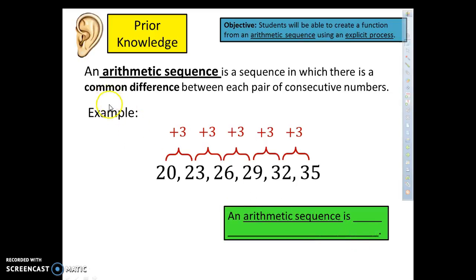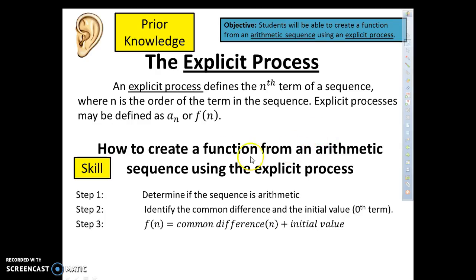Yesterday, or today in class, we talked about an arithmetic sequence being a sequence of numbers where there's a common difference between each pair of consecutive numbers. An example of this would be 20, 23, 26, 29. Every consecutive term has a common difference of 3, and here we're adding 3. Remember that we can define an arithmetic sequence by using an explicit process which defines the nth